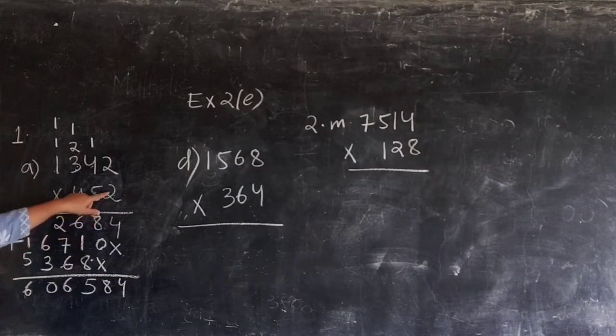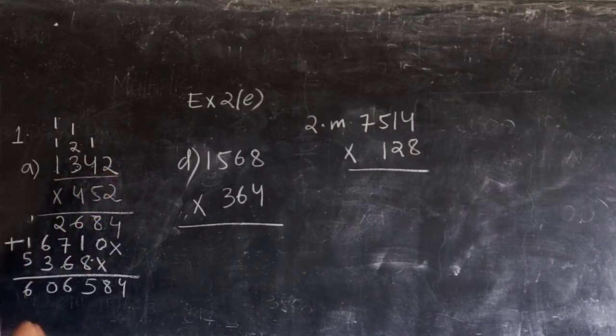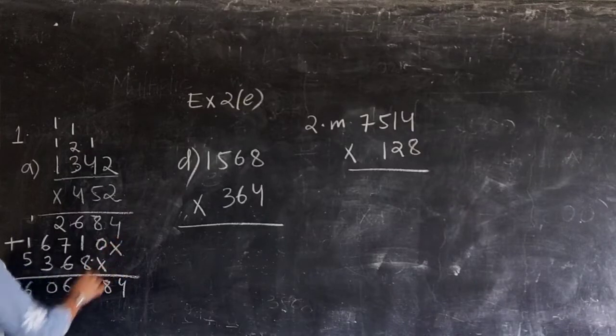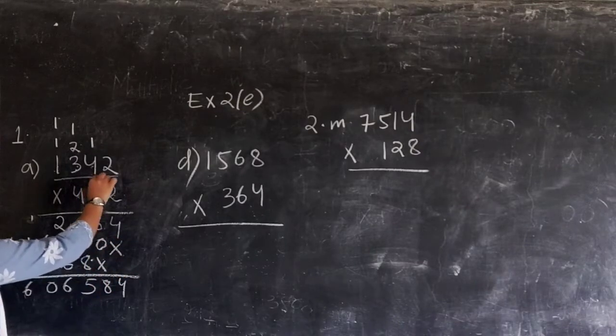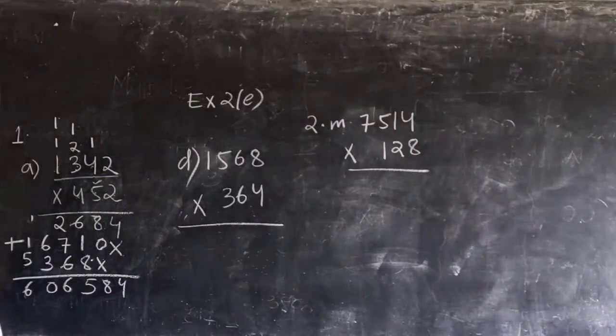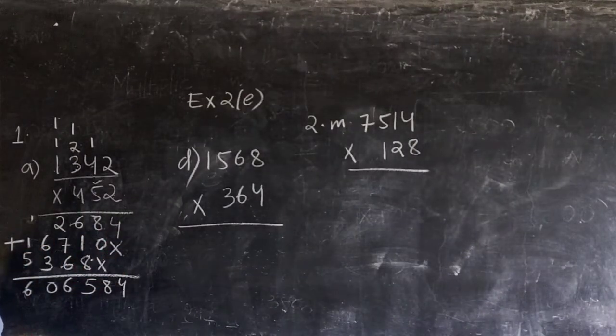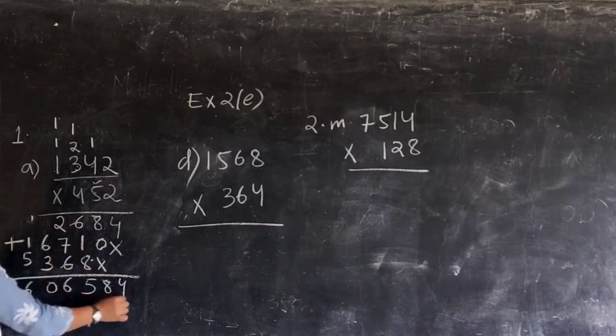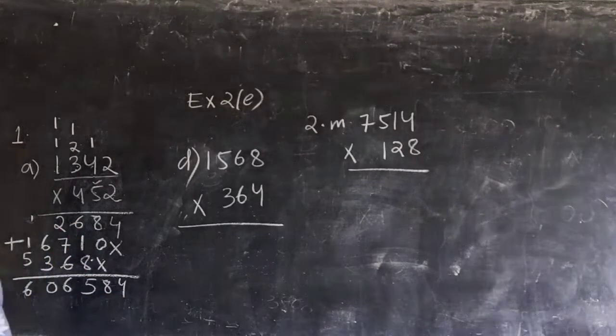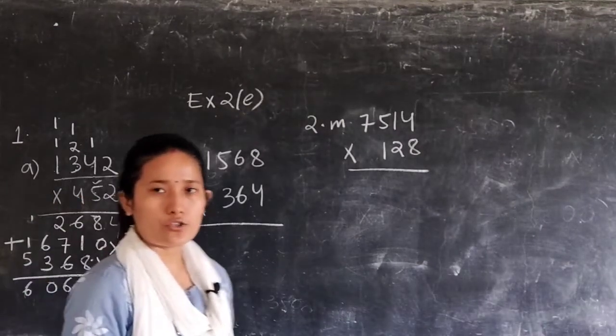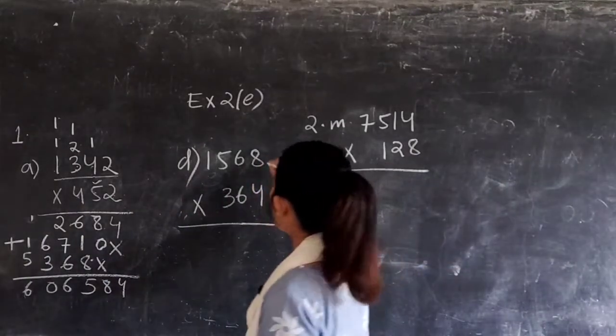So first you will be multiplying, starting with the ones digit, you will multiply all the numbers in this set, and then you will put a cross before starting with the second multiplication of a tens digit number. Okay, similarly you will do it, and after you have finished multiplying, then you will add all these numbers, then you will get the answer. Okay, I hope you understood. Now similarly question number